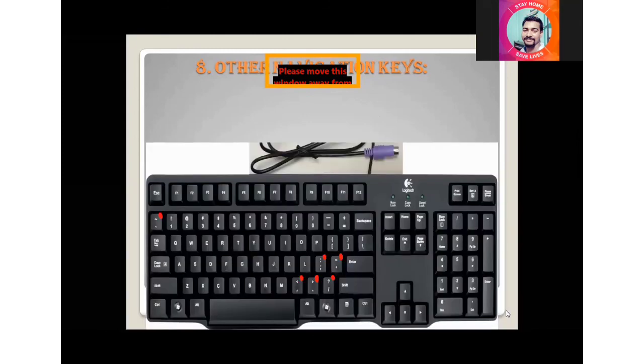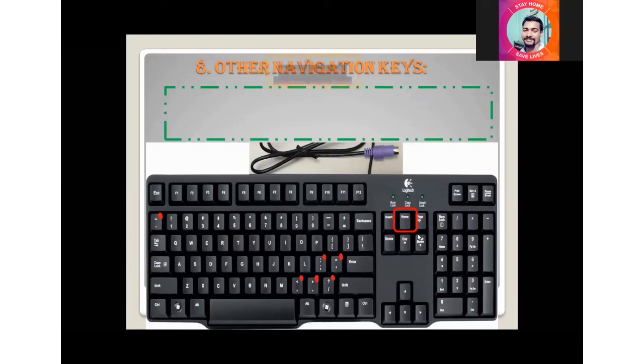Other navigation keys are there. Number 8 in your book, you can see other navigation keys. These are the home key, up key, down key, end key. These are navigation keys. The first one is the home key.